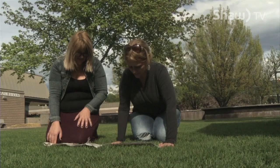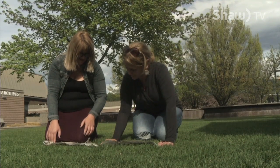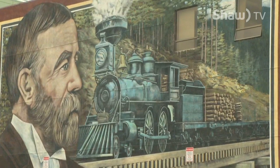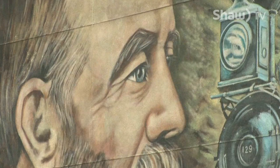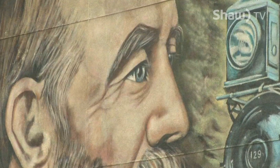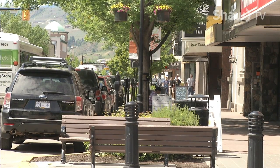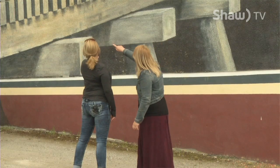Her first task was to paint murals that depicted Vernon as the transportation hub of the Okanagan. The train mural was Charles E. Perry. That was important because Charles E. Perry was the engineer at the beginning, and so, for people who follow trains and the infrastructure of our communities, that was really important. We needed to bring that authentic story about why Vernon was where it was and the important role that it played in the growth and development of the Okanagan as a whole, not just in this